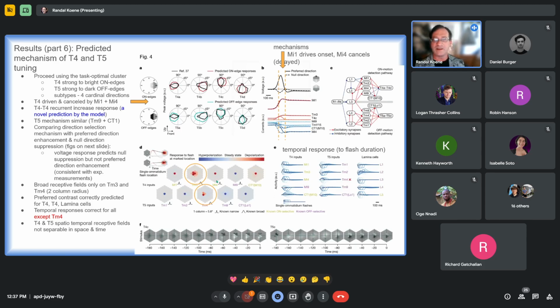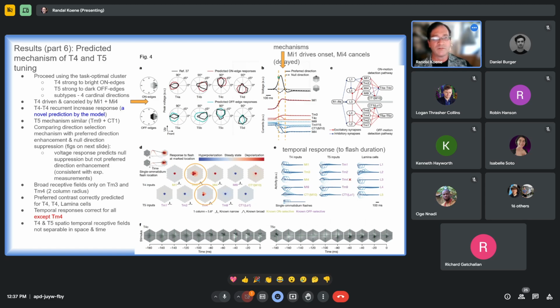Digging a little bit deeper into mechanistic circuit hypotheses, the study carries on using the task optimal cluster, that triangle cluster we're talking about of optimized models. Figure 4a is showing us the predicted preferred cardinal directions of on and off motion selectivity of T4 and T5 subtypes. So you can see different cardinal directions here, to the left, to the right, up, down. Studying the T4C voltage response curve and input current response curves of the cell types that deliver input to T4 are shown in this figure 4b, and they give insight into the likely crucial mechanism.